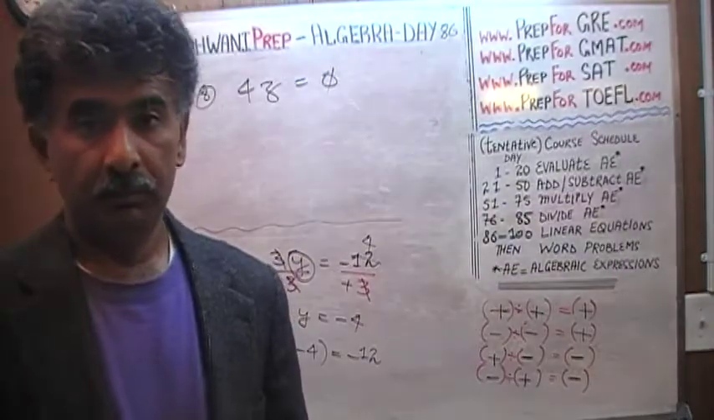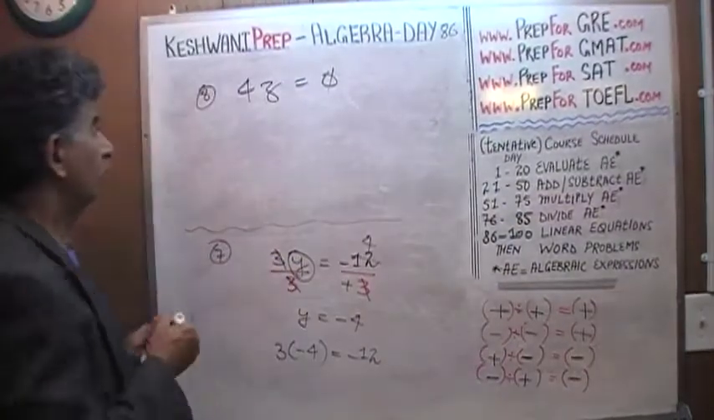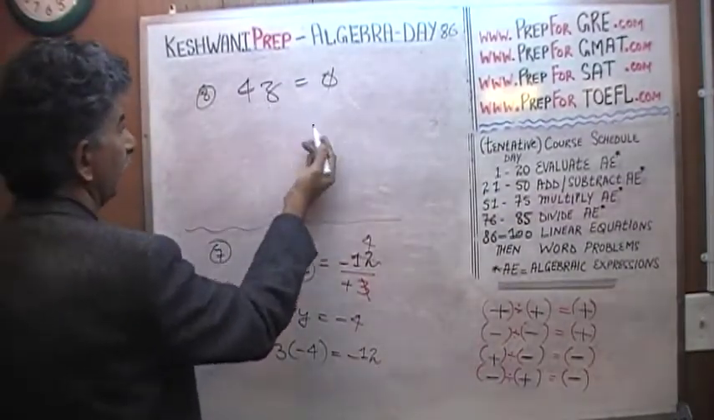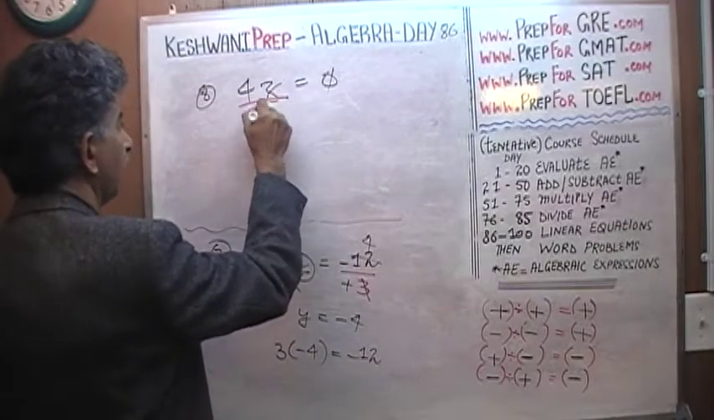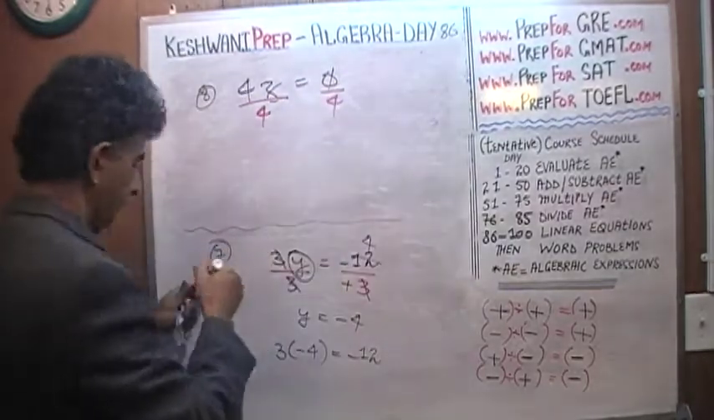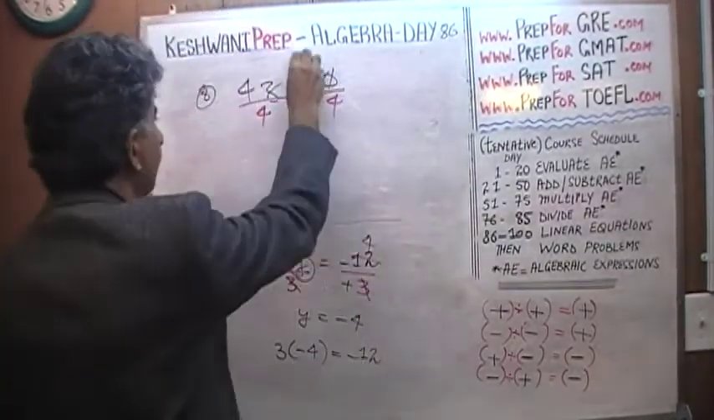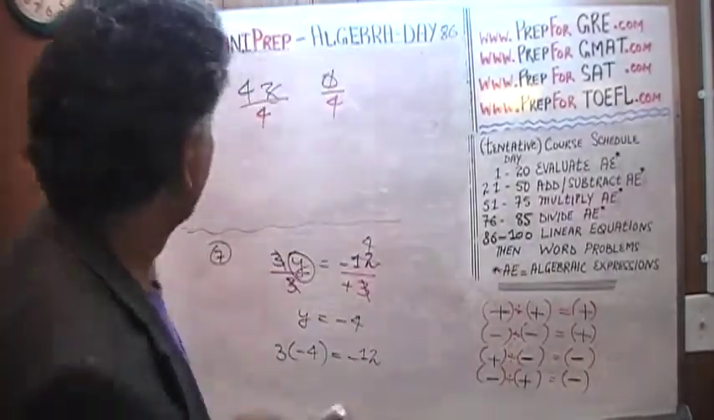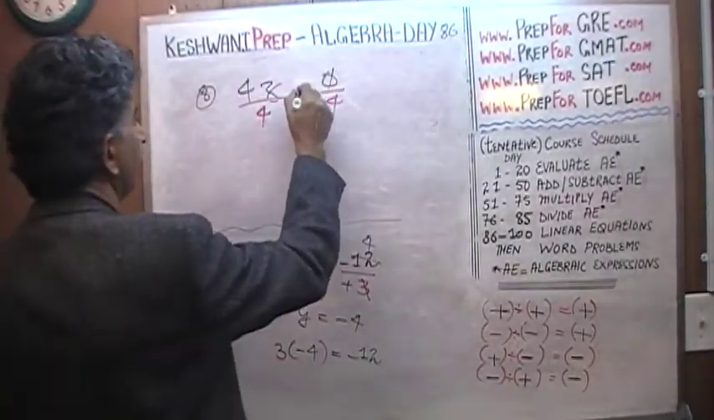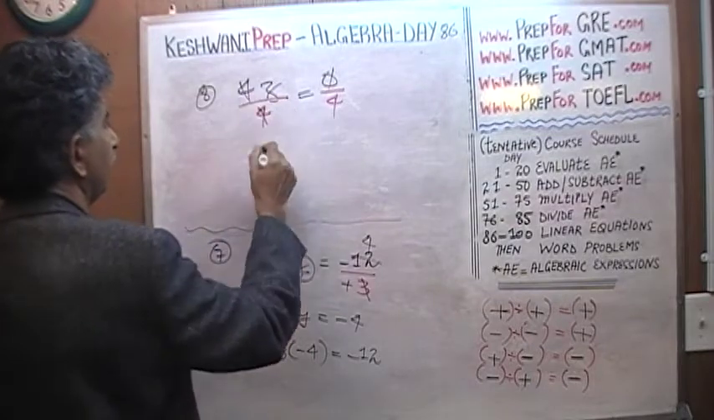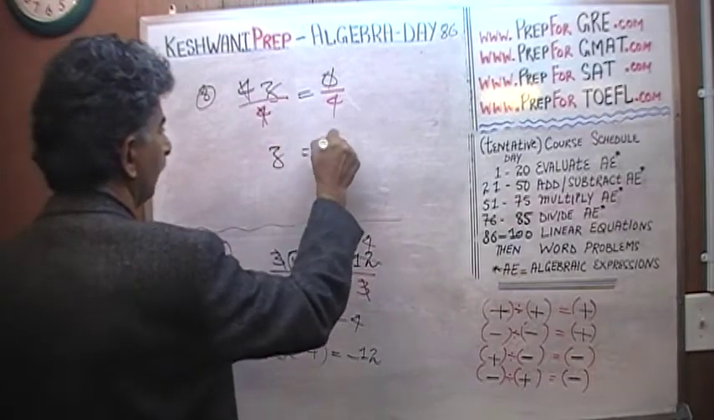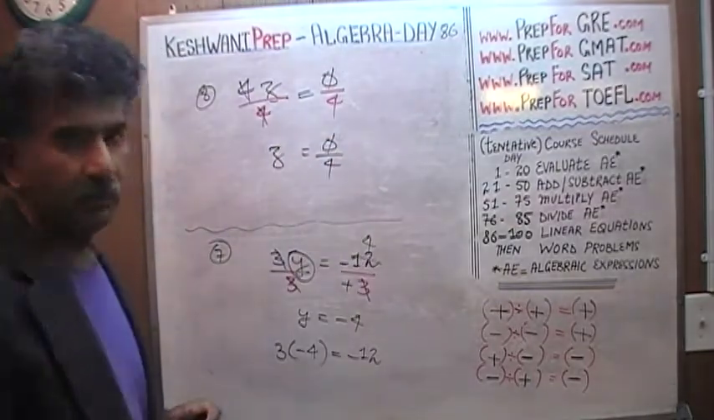What number times 4 is going to give us 0? If you like, you can divide both sides by 4. And as you divide both sides by 4, this equation comes down a little bit. 4 divided by 4 is 1, so this is z equals 0 divided by 4. Well, we know that